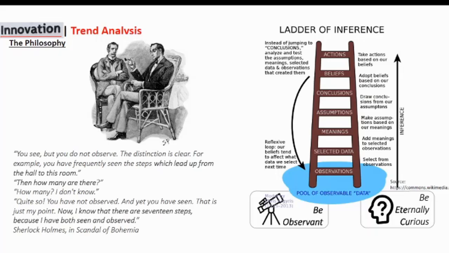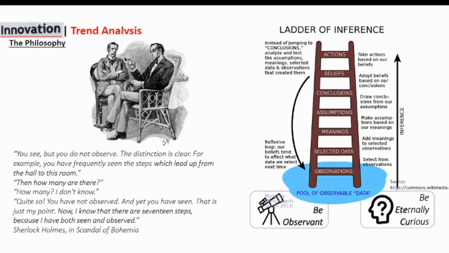Like Sherlock Holmes talks in A Scandal in Bohemia, he asks his friend Dr. Watson, "You have seen the steps which led to the hall. How many are there?" Watson doesn't know. He says, "Now I know there are 17 steps because I have both seen and observed." It's a matter of seeing and observing, being eternally curious, being observant, identifying the pool of data that you are